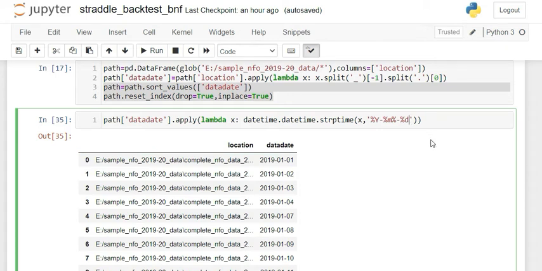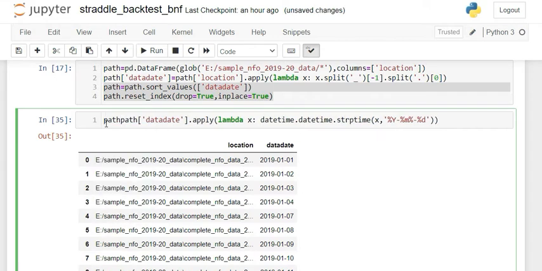By the way, if you don't know where to use capital Y, small y, capital D, small d and all those, I already made a video earlier on how to convert the datetime into datetime format. Please go through that, so that will be easy for you. Now this is what we are going to change. So now you can say